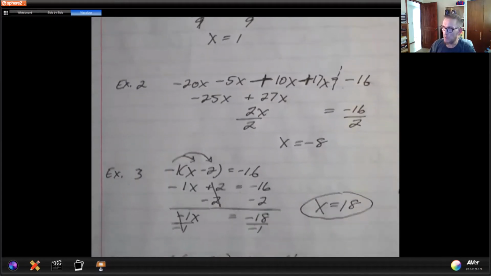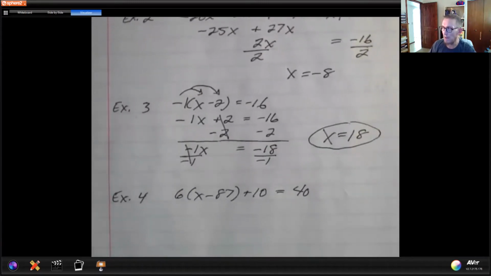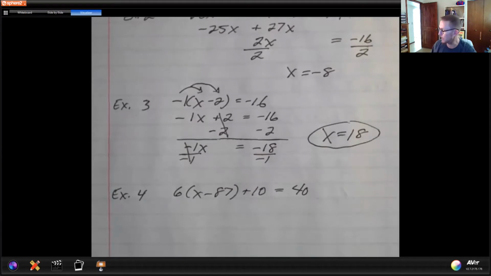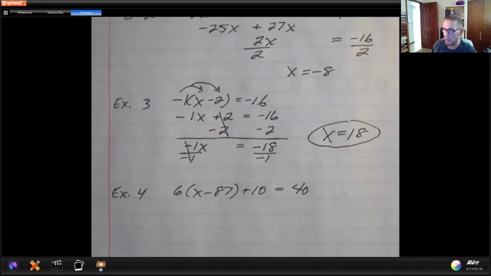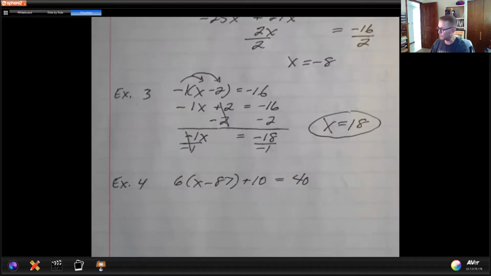And the final example from IXL is going to be example 4. We have distributive property and combining like terms. And we have some slightly larger numbers, so you'll need to calculate those out. Maybe use a calculator to help you. But step one is get rid of parentheses. So I'm going to distribute